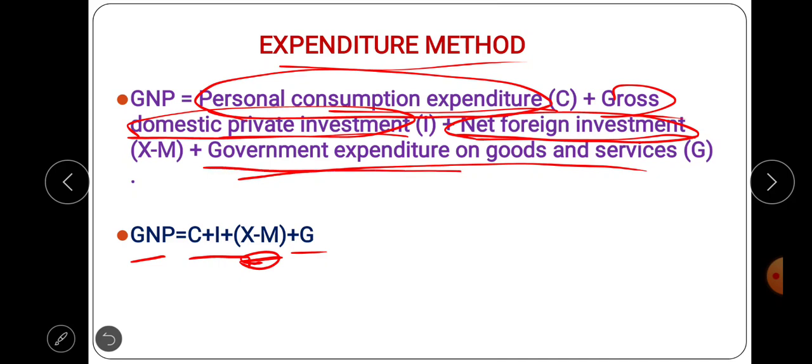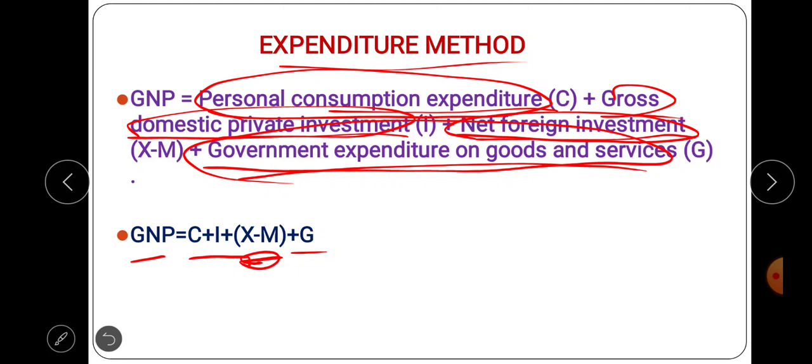And the next one is the government expenditure on the goods and services. In that, the central and state governments purchase consumer goods as well as investment goods for their own enterprises. Apart from this, the government spends on defense and police as well. The government also spends a sizable amount on transfer payments, that is, social security payments. However, these payments are not included in the GNP, for they are not payments for currently produced goods and services.